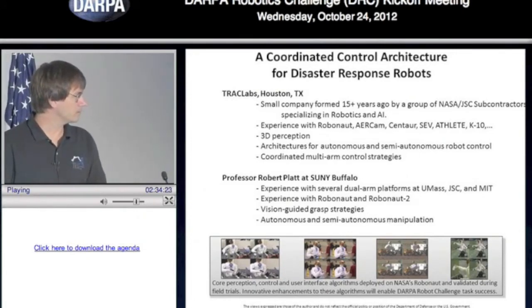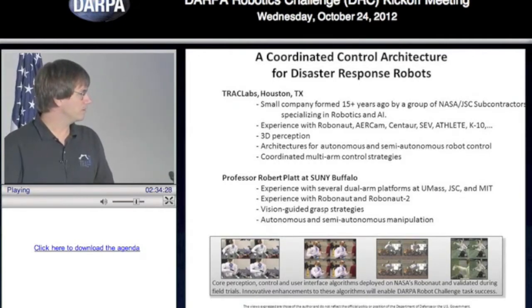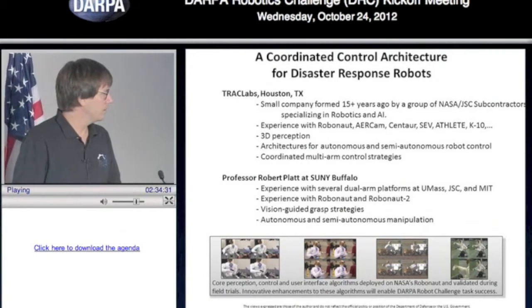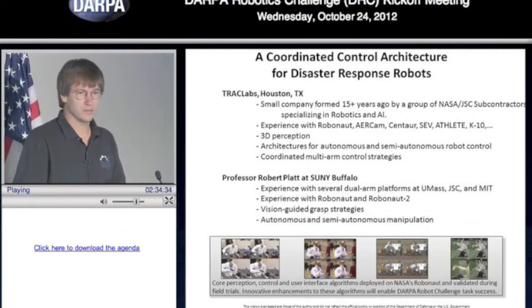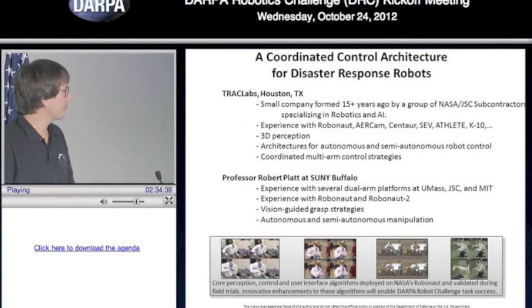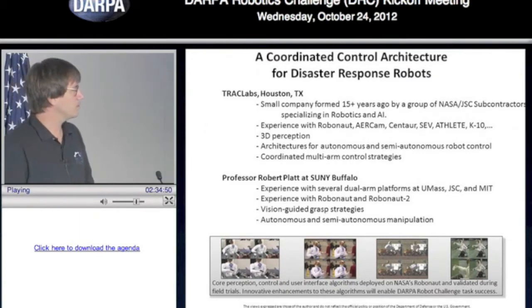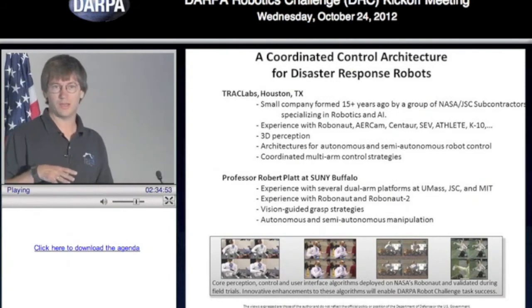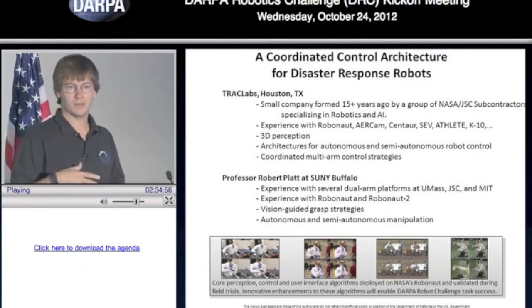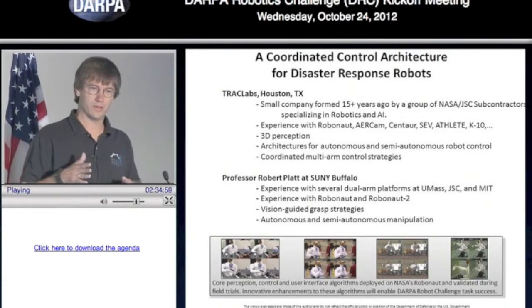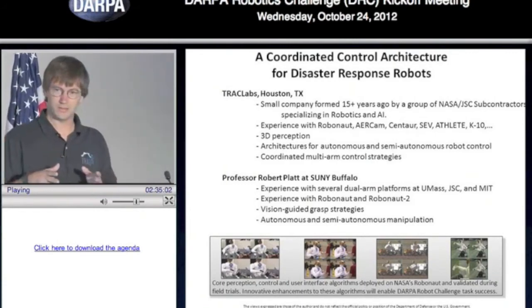And the 4th one was a peer-to-peer project that we did in collaboration with Ames Research Center in California, where Robonaut was part of a multi-human and robot collaborative team. Okay, so at Track Labs, we have experience in robotics of various sorts, especially 3D perception and robot control architectures. Our approach generally is to stuff as much autonomy in there as we can, and then provide the ability to pull back on that,